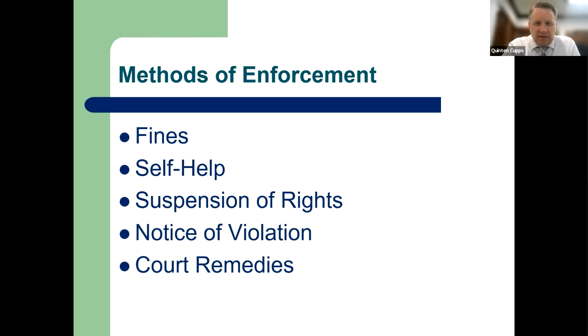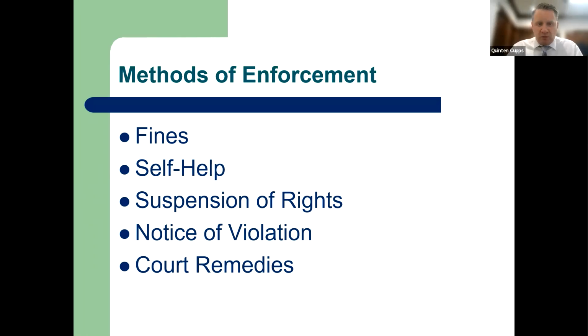I'm just looking at a comment here. I'll just read it. The question says, what should HOA boards do when a homeowner does not file an architectural application and the change does not meet the standards, such as a front door change? I'm going to hold that question. I think it will be answered as we go through this process. I don't want to get ahead of myself, but that's a good example, and we will highlight what options you have when that takes place. So just hold on to that, and if I forget to address it, send me another chat and we'll talk about it. All right.